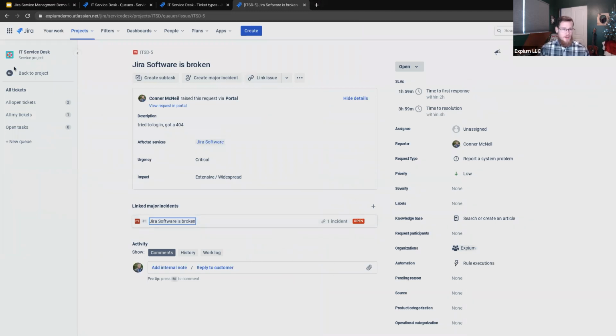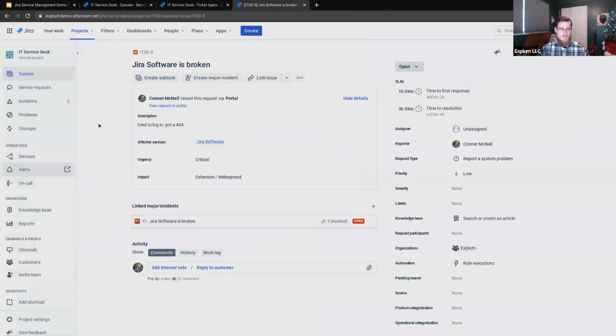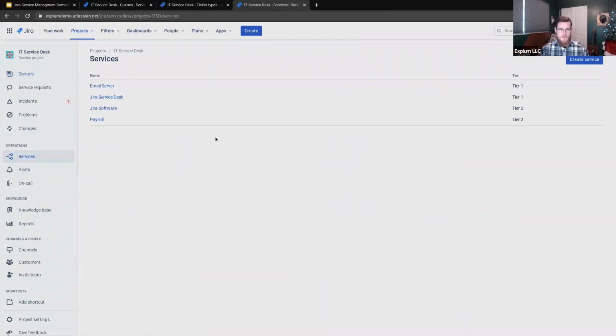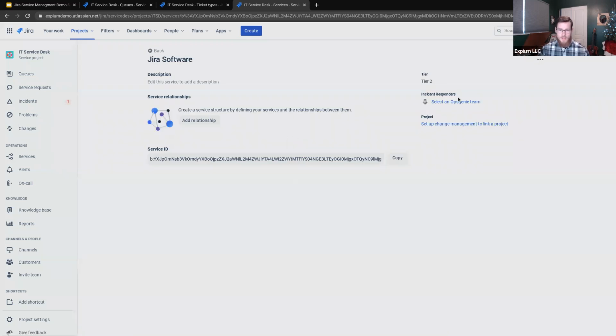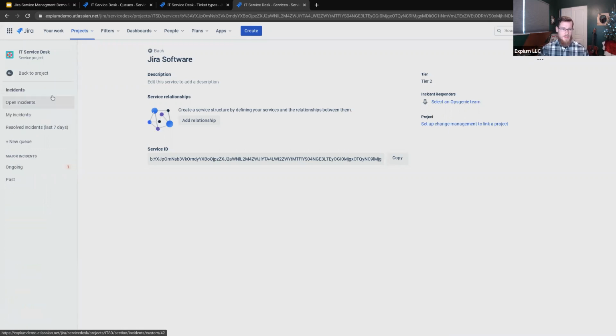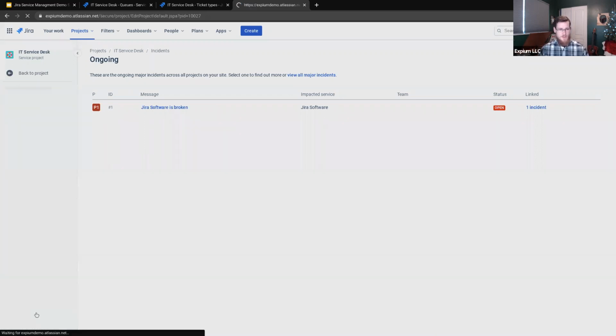And so if we now go back over here, we go to our services list. Oh, not alerts. Go to services, and we go into this Jira software service. If we had an Opsgenie team set up here, it would automatically assign somebody to this incident over here in the major incident section. There'd be an automatic assignee from the Opsgenie team that would be diving in and investigating this outage. And so pretty useful functions. And of course, it can be further customized using automation for Jira and things like that. So I don't want to dive too deep into the weeds there, so I'll jump back into the